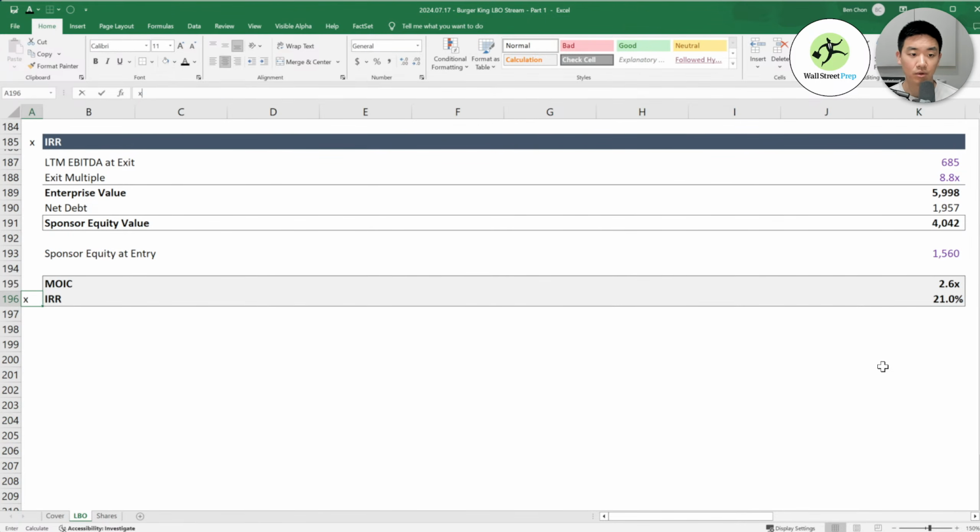Because the whole point of this model, from start to finish, was to look at a real LBO and try to see, okay, what did the sponsor think they could achieve and what were their assumptions to get to this IRR, right? And if this IRR was like 40-something% or like 5%, then you know that some of the things you were assuming were wrong. But if it's around 15 to 25%, then it's like, oh, okay, you built this pretty well.